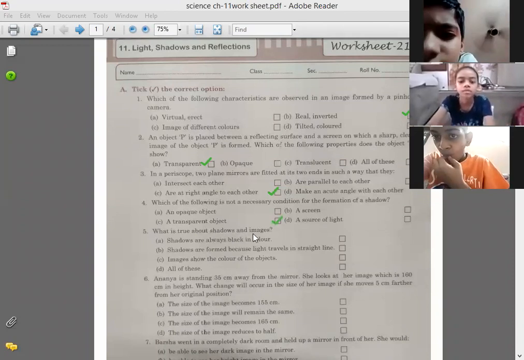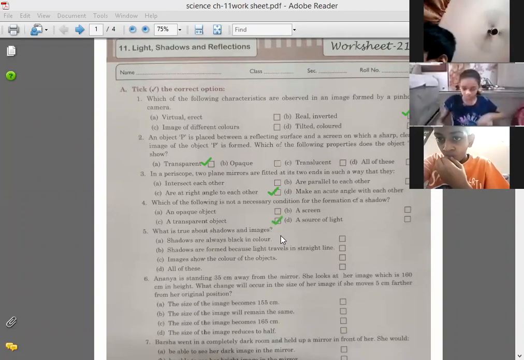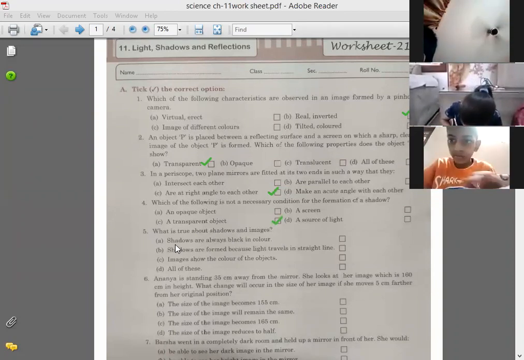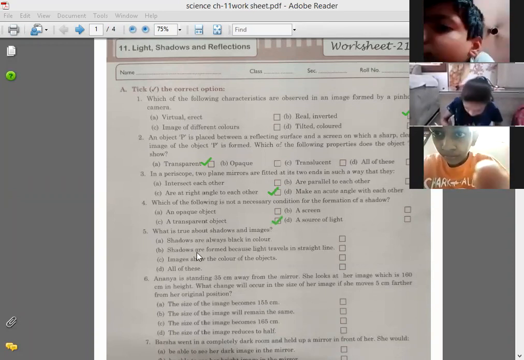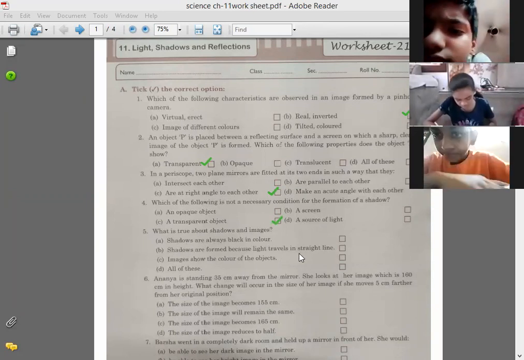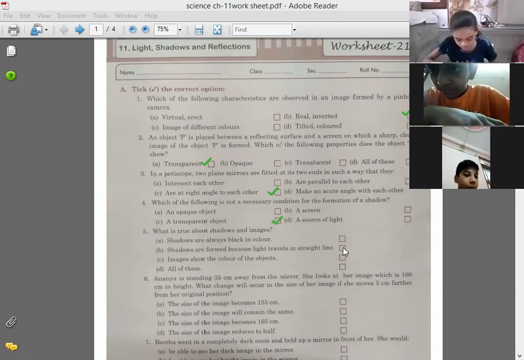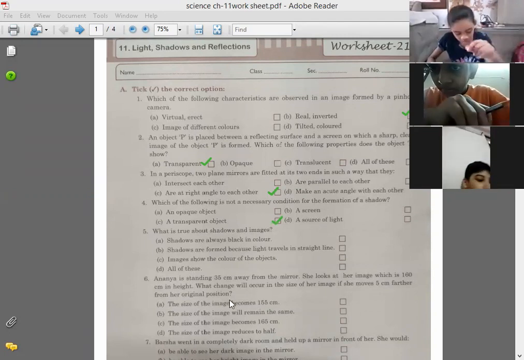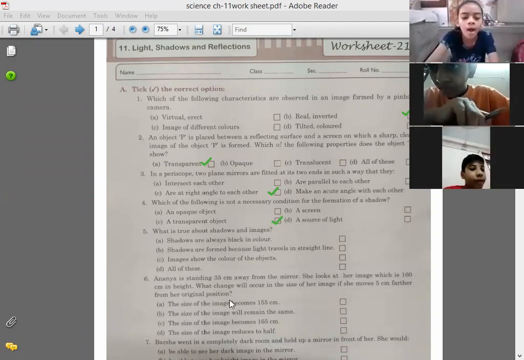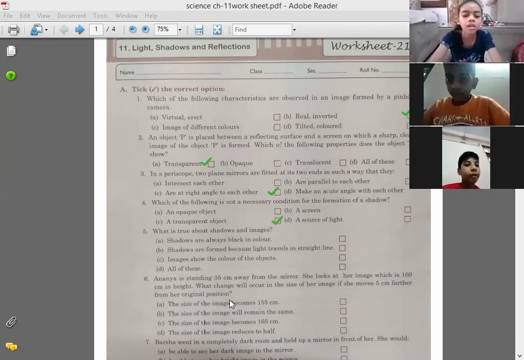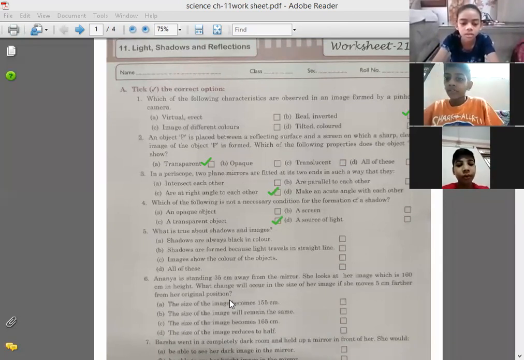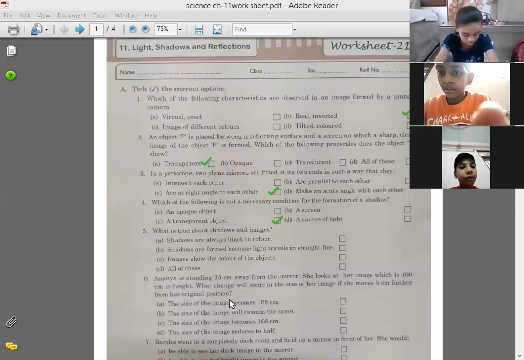What is true about shadows and images? Shadows are always black in color. Shadows are formed when light travels in a straight line. Images show the color of the object. Aditya Raj: Ma'am, shadows are always black in color. Ma'am, all of these. Puneet Anand: All of these.